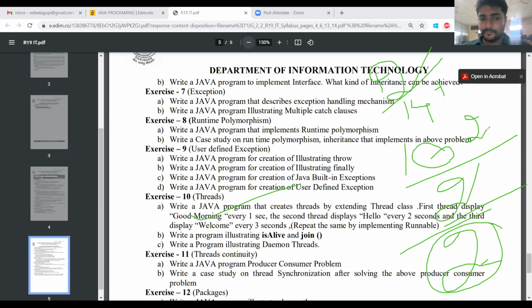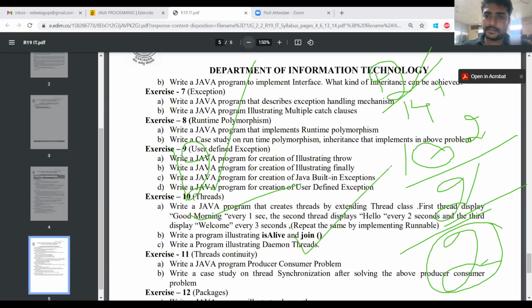In the external or internal lab examinations, you will get these 12 exercises. You will get any 2 programs. So this is the matter regarding the lab.